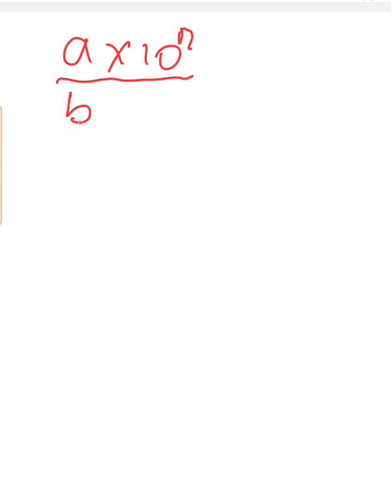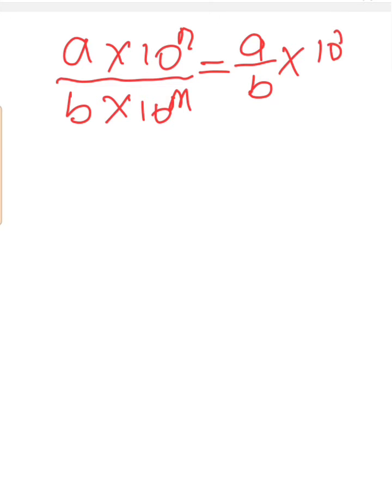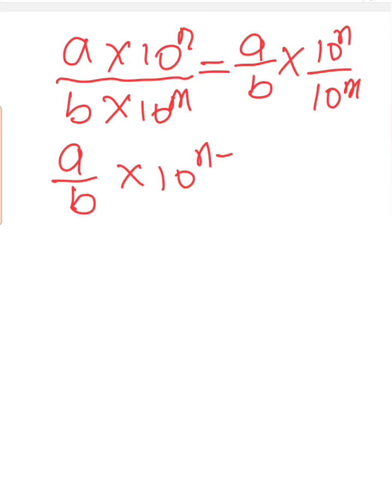And now for the case of dividing numbers in standard form, if I have again a times 10 to the n divided by b times 10 to the m, I simply divide the decimal parts and multiply by the division of the index parts. And from there, I can now simplify to have a over b times 10 to the n minus m, and then put the result in standard form. So if I take an example,